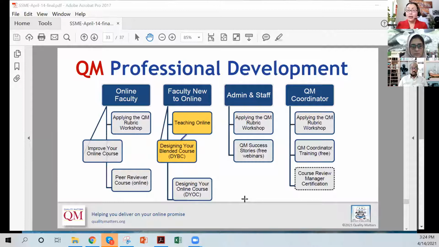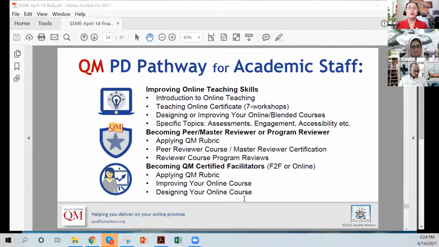As I mentioned earlier, we provide a lot of professional development. It depends on your role, whether you teach, whether you are a dean, an administrator, etc. I'm not going to detail that either, but just to give you an idea, for academic faculty like you, you really have some QM pathways for your professional development. You can improve your skills as an online faculty, as an online